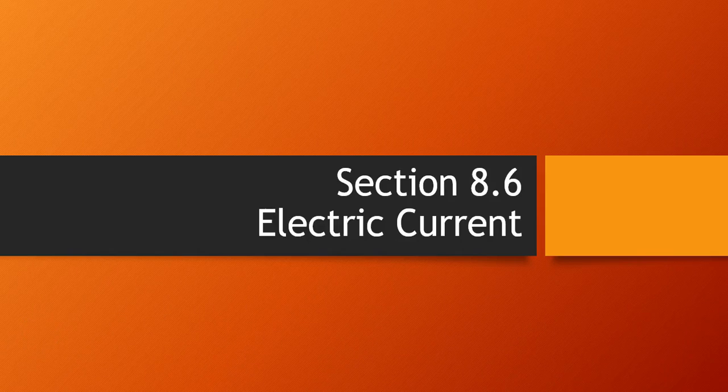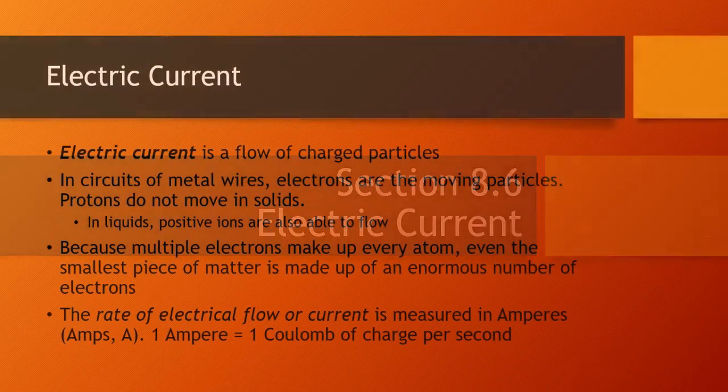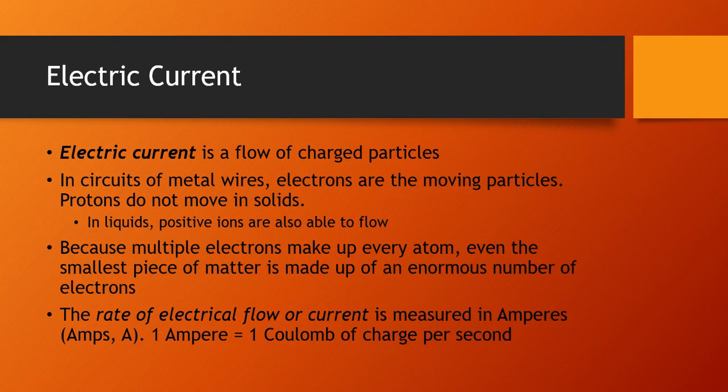Section 8.6, Electric Current. When we refer to the motion of charged particles inside of a conductor, like a wire, we call that electric current. In most circuits made up of metal wires, electrons are the things that are moving. It's the current that flows. When you're dealing with solids that conduct electricity, electrons are the things that are moving. In liquids, however, you can have positive ions, positively charged particles, that move, and you can have an electric